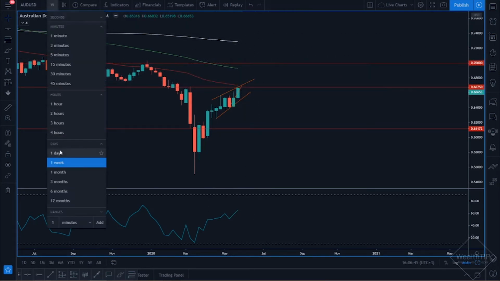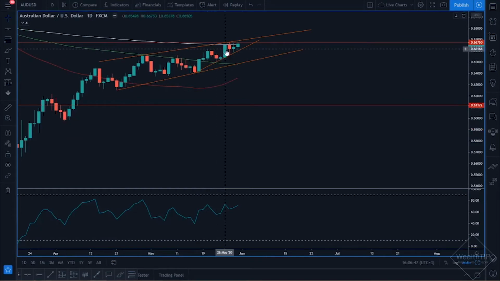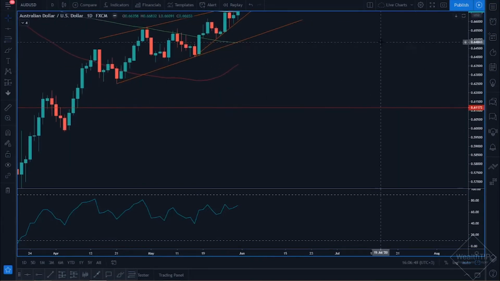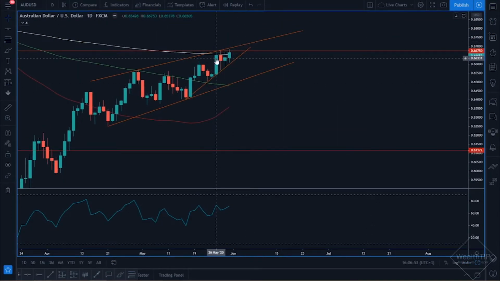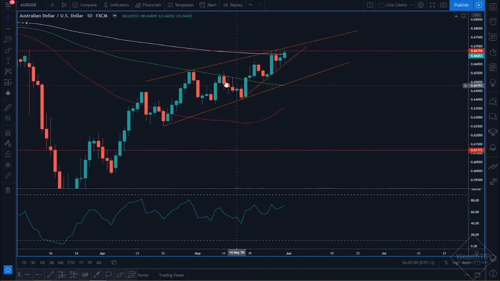However, we do have the market showing us severe signs of exhaustion. When I talk about exhaustion, I mean that since the 26th of May, price has not been able to break above this resistance level. Also, if we look at how the price has gotten to this level, it's gotten here in the form of a rising wedge. We also have this upward sloping trend line that, although guiding price, is currently being squeezed as we are not able to see the market actually break above this level over here.